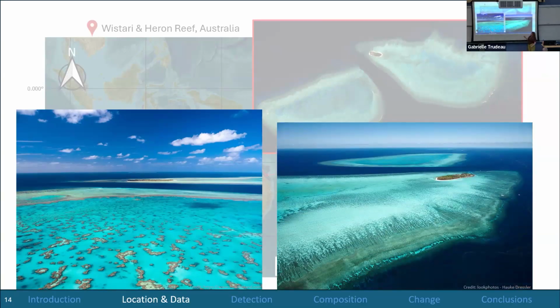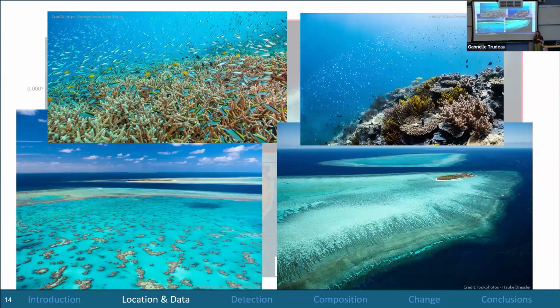The second photo is of Heron Reef with Wistari Reef in the background. And again, we can see Heron Island here for reference. And what I want you to notice about this photo is that dark band that goes along the perimeter of the reef. This is our reef edge. So visually, we can see where the reef structure is happening in this photo. To give you an idea of what some of these corals look like, I have staghorn corals on the left and a different clustering of hard corals on the right.